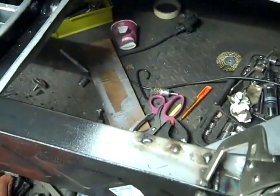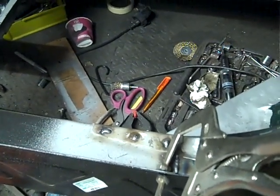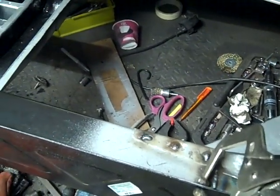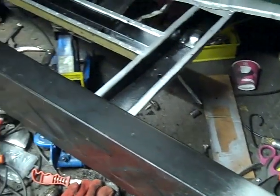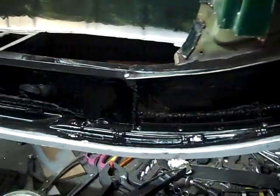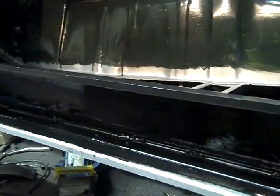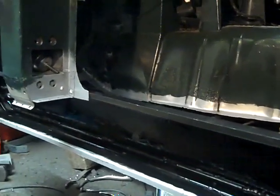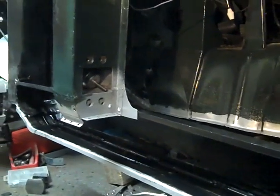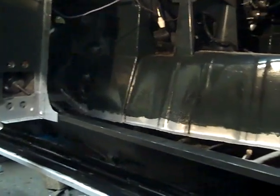We've also done the plug welds on the top there, and the additional weld which you can just about see through that bracket, and some of the welds underneath that need to be done, we've done those as well on the cross member. So it's probably a bit tricky to see, but this has all been now painted black in the inside, apart from the edges that we still need to weld to, and they're going to be resprayed with weld through spray, as the top edge hasn't been sprayed with that as yet,